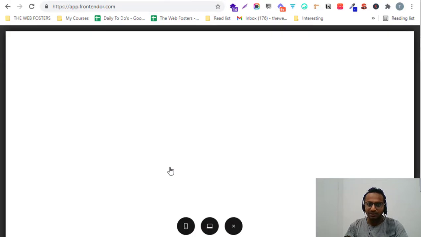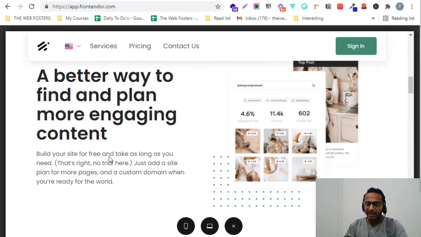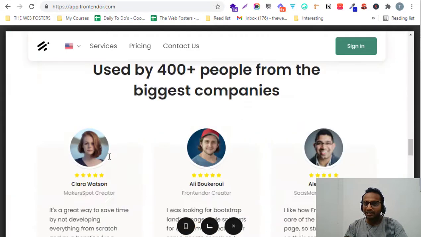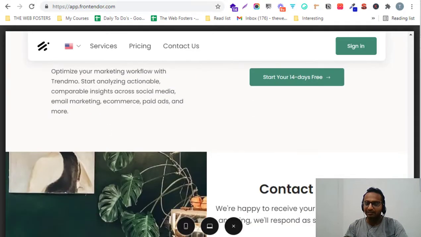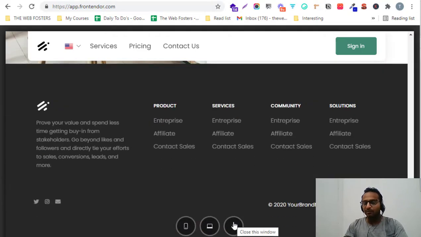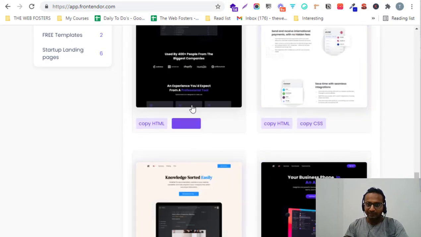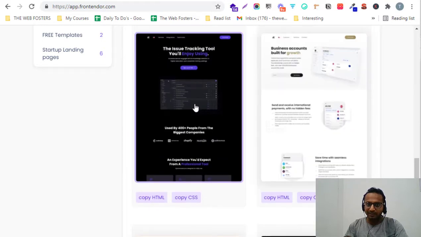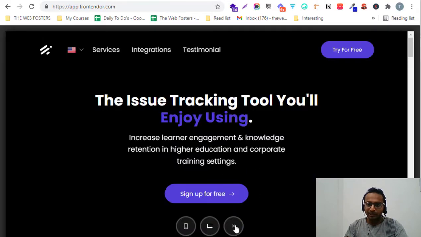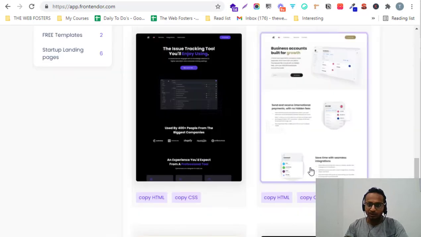Let me click on any of these premium templates. You can see all the color design combinations and all the different sections which are present here are very easy to use, and they look very beautiful to use in any kind of application. They also have a dark mode, like this is a dark mode kind of UI, and this is a light mode kind of UI block.